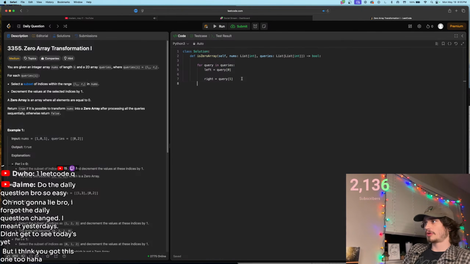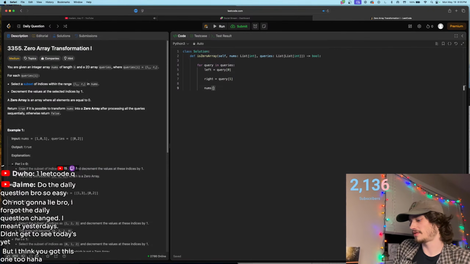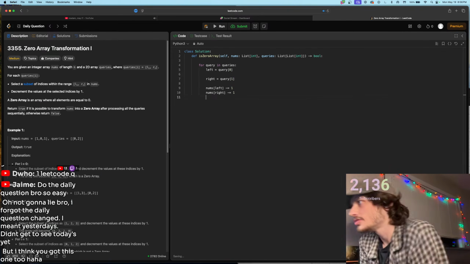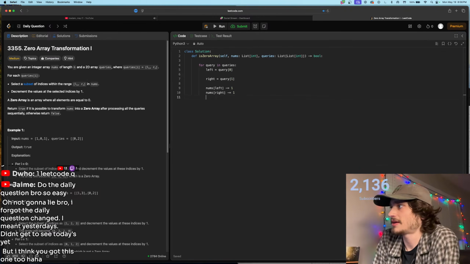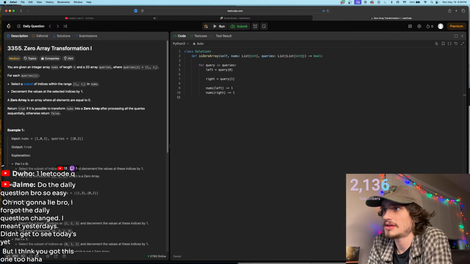We want to go into numbers at index left, subtract equal by 1, numbers at index right, also subtract equal by 1. And so we're going to loop through every query and subtract the proportional index in that query by